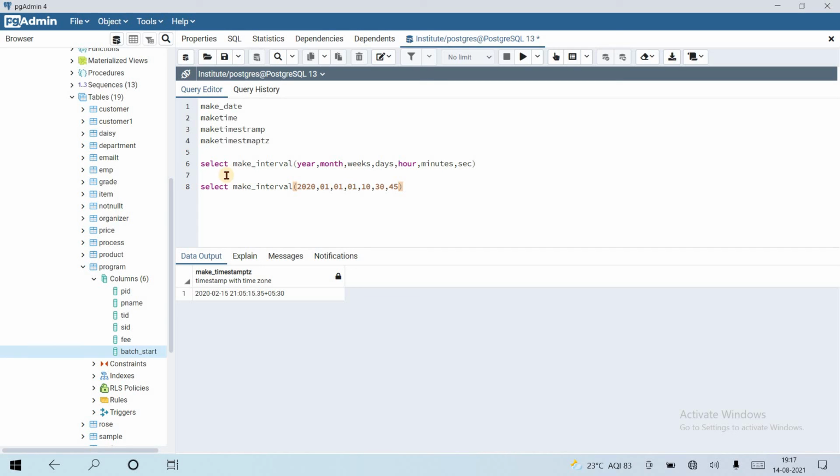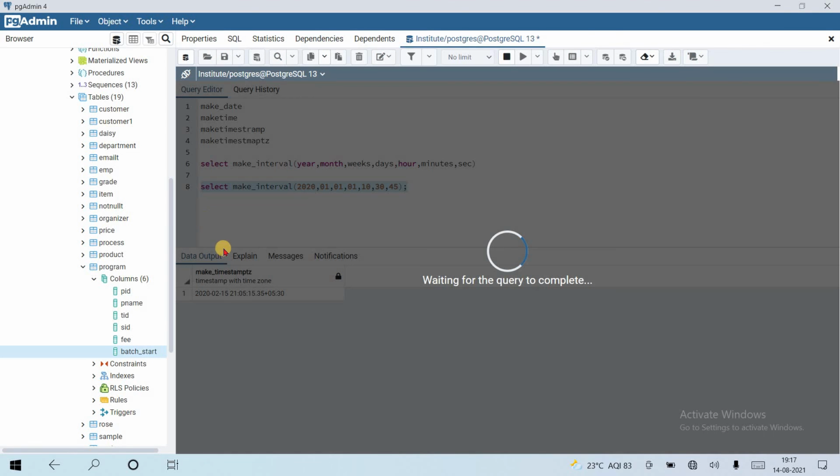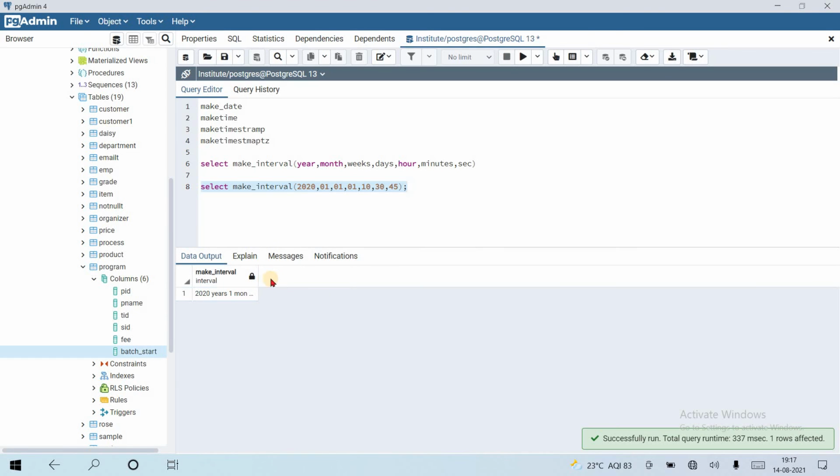That's it. Let's run this one. Here you can see that it gives me 2020 years 1 month 8 days because 1 week and 1 day, and 10:30:45 time.